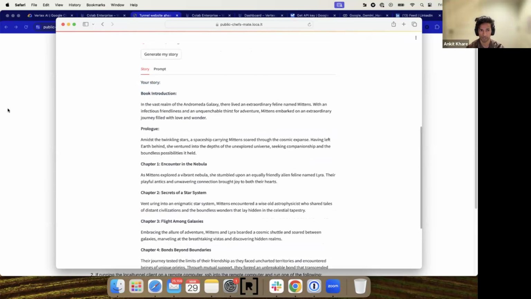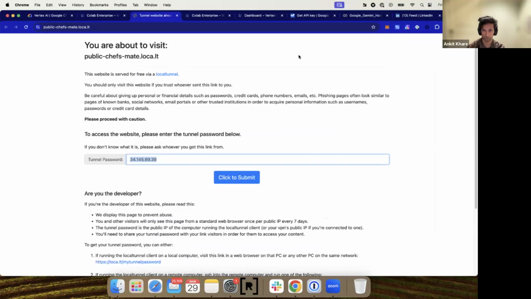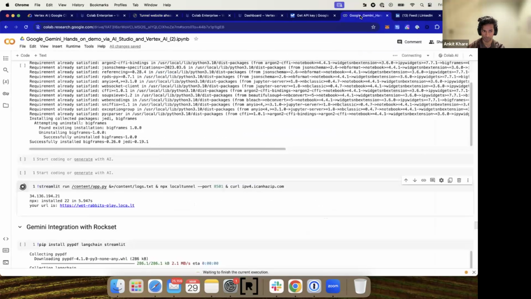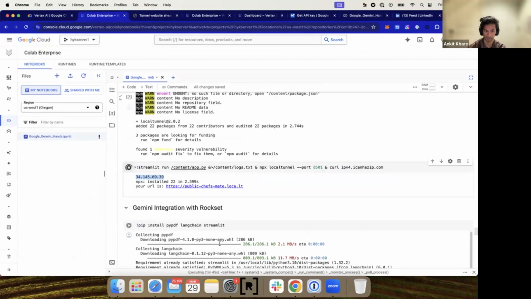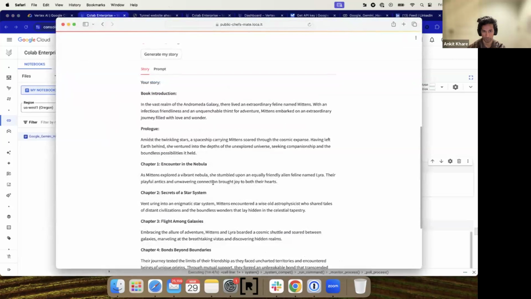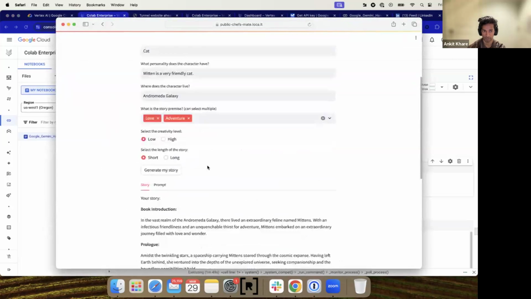So that is the problem, guys. I'm not really sure why Google has this problem that we cannot use Colab, because it doesn't let us pull the Google Gemini Pro models without having to use all this code within the Vertex AI Google Colab Enterprise. So this was the error we were getting. But here, when we use it within Vertex AI, as you can see, it's successfully spinning up the instance, and we have